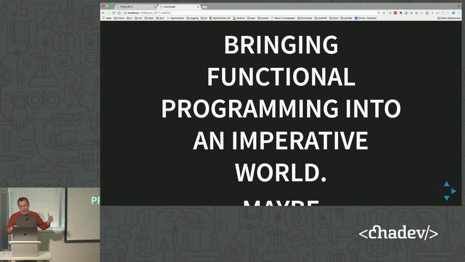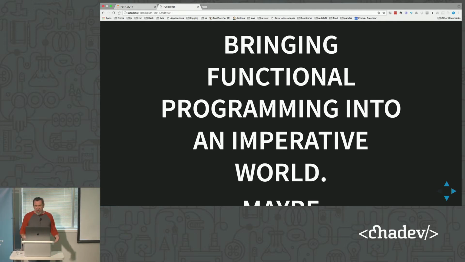The presentation's written for Python, but most of what I'll be going over is available in most modern programming languages. If you do JavaScript or Ruby, I checked those out. There are analogs to most of what I'm going over in those languages. The purpose of this talk was really to introduce people who work in a more imperative environment and don't get to play around with functional programming to functional concepts.